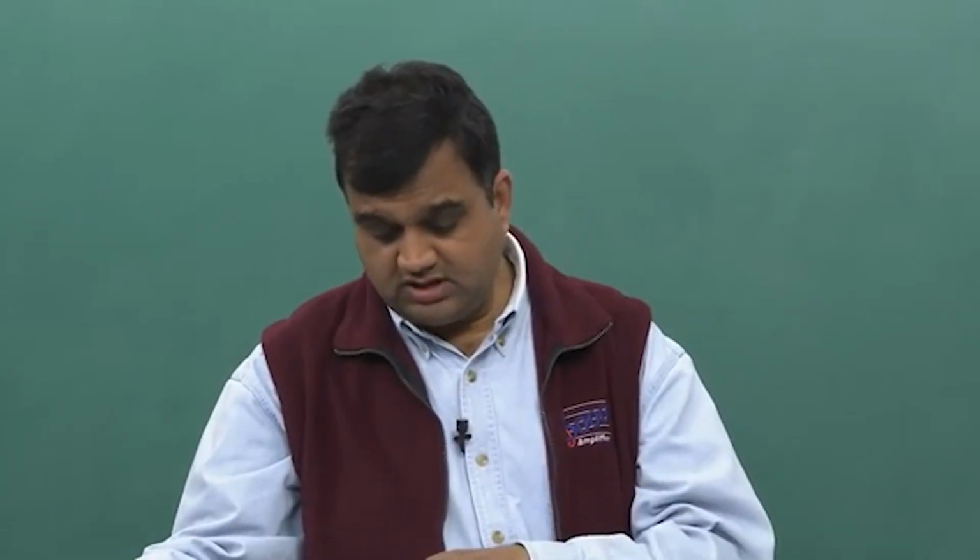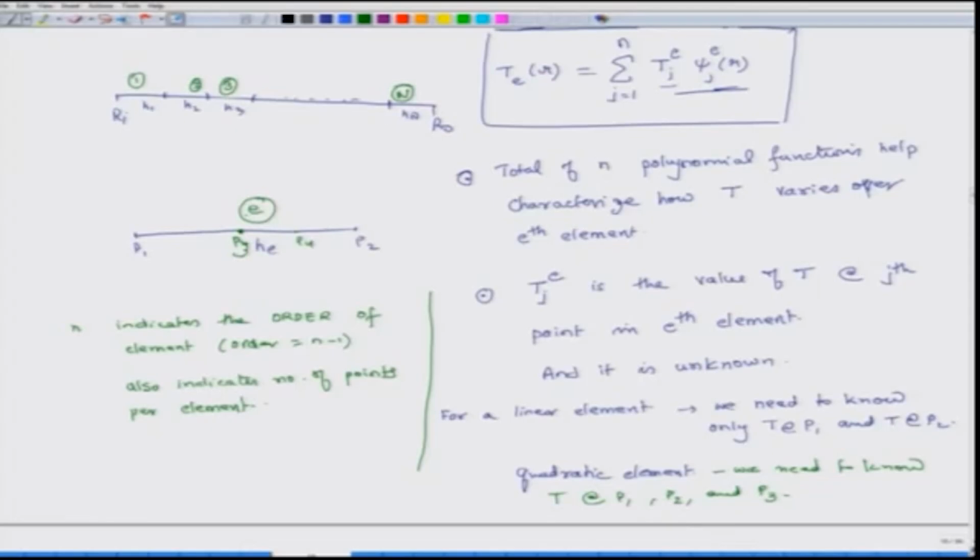So, T_j^e is the value of t at jth point. This is the first point, this is the second point, this is the third point. Maybe now my numbering scheme has gone wrong. This is the second point, this is the third point, this is the fourth point. So, T_j^e will be the value of t at jth point in the eth element. And n indicates